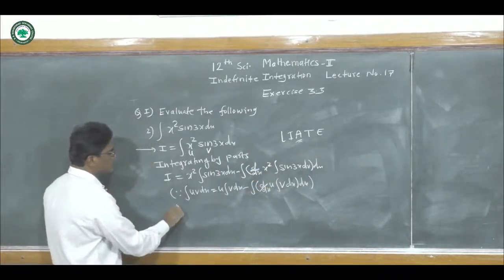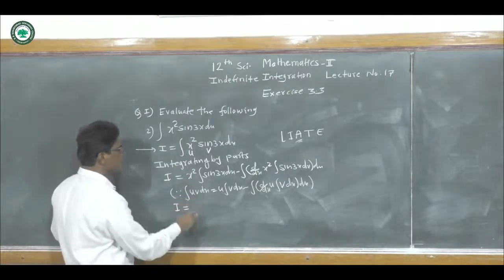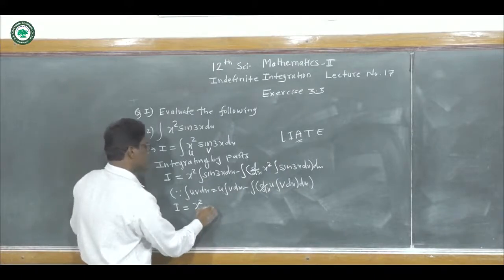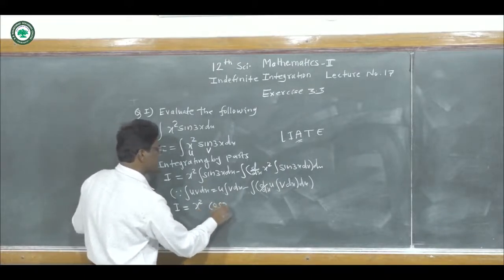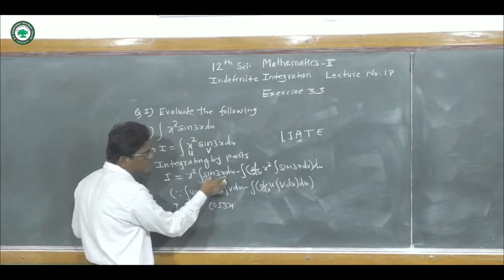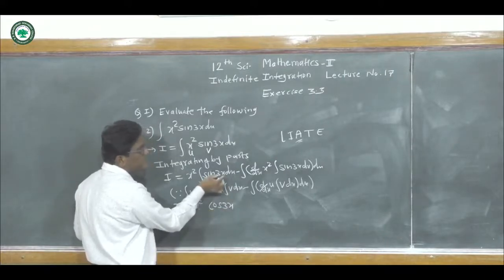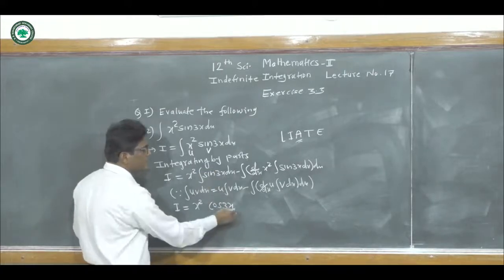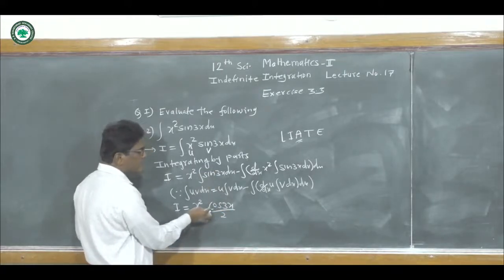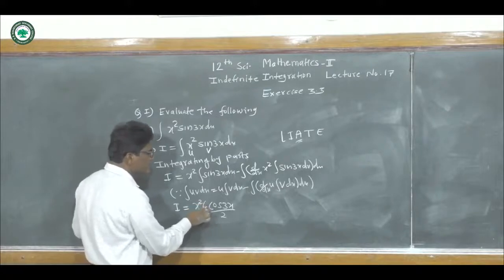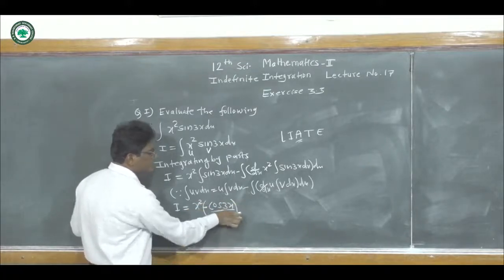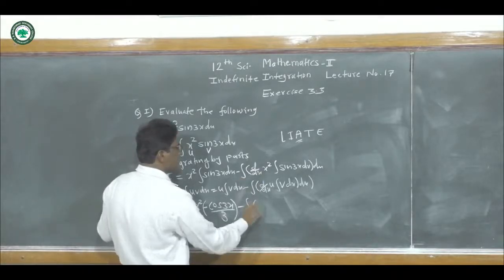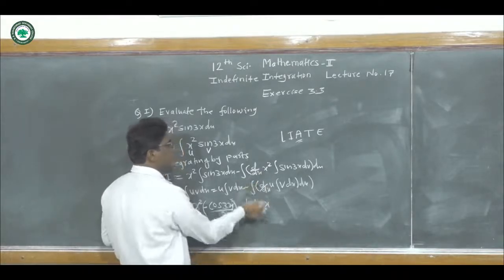Now I is equal to this required integral; x square as it is. Integration of sine, we know, is cos. Integration of sine x is cos x, but in place of x there is 3x. So take the derivative of 3x, it is 3, so divide by 3. And since the answer starts with c, take the minus sign. So minus cos of 3x upon 3, minus integration of the derivative of x square, it is twice x. We know the derivative of x square is twice x.